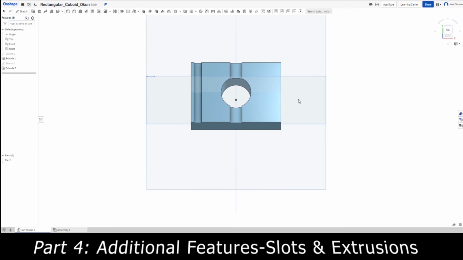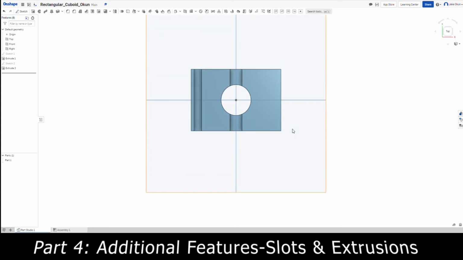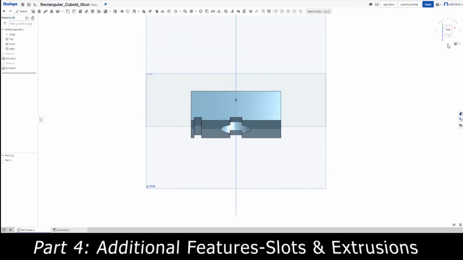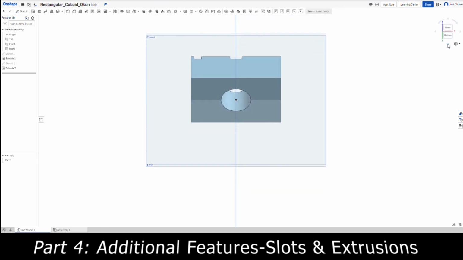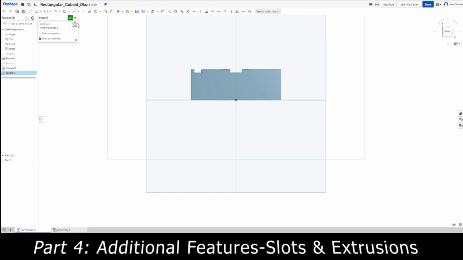Now dovetail slots are a little bit different than your normal slots that we have over here. These are very simple because they're just rectangles. A dovetail slot is a little bit different. So to do that, I'm going to go back up, and we're actually going to use a different plane. I'm going to go down and make sure that I can use the bottom. So we want a front view this time. So this time we're going to click on this side of it, then we're going to go to sketch,